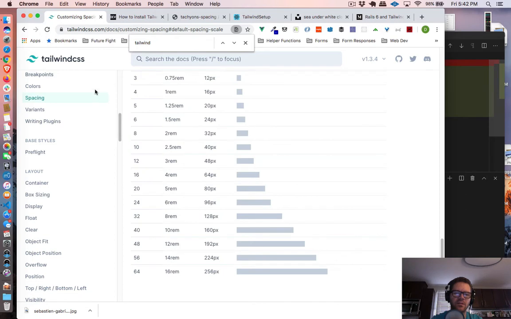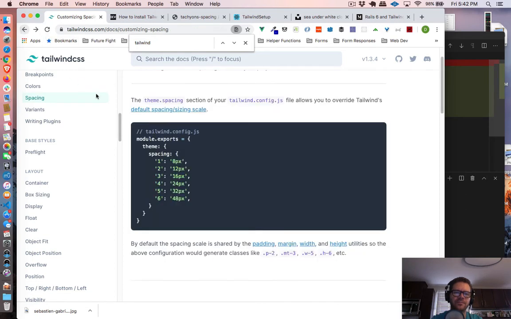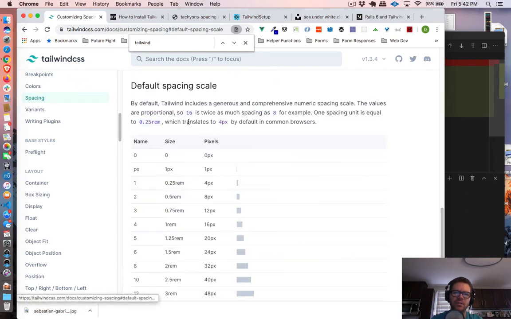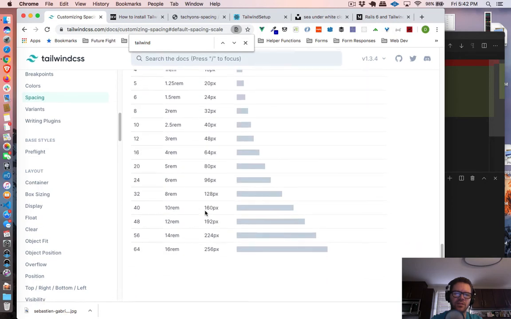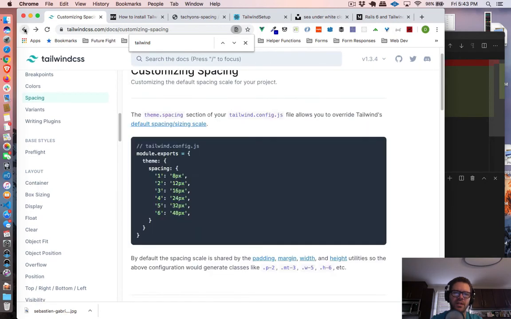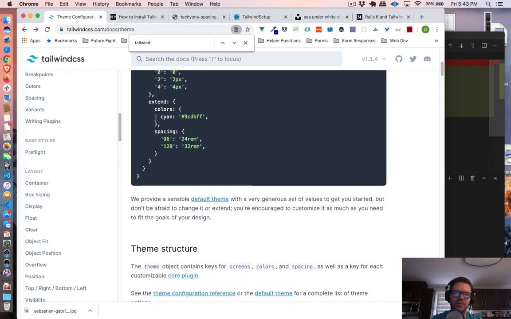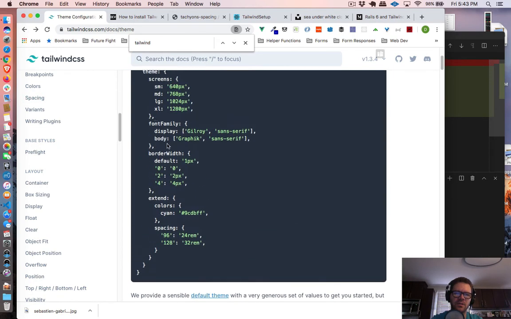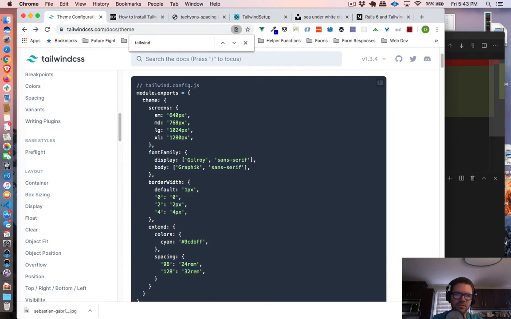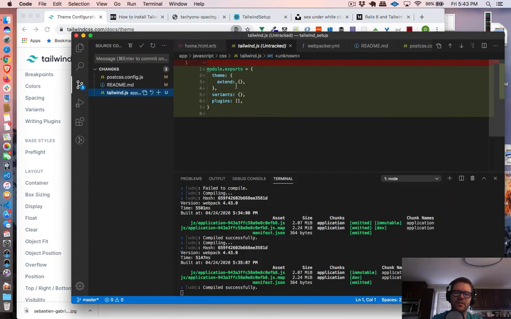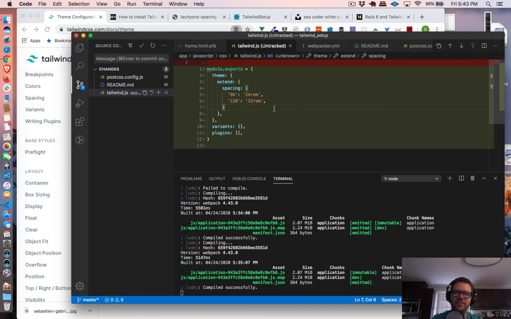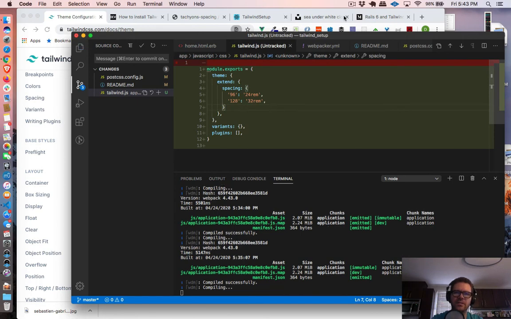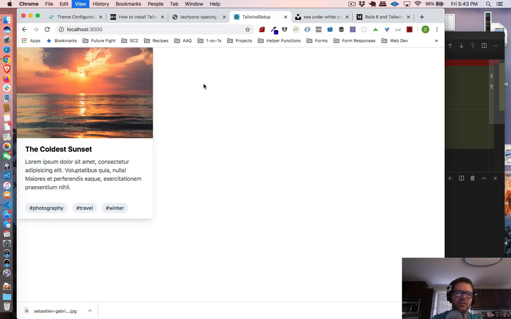And I think this was the default. Where was the one that gave us the overriding config? Yeah, here we go. So you can add font families for your width, but I think these are going to be useful. So let's see what happens if we add these in here. The card we already had loaded up should